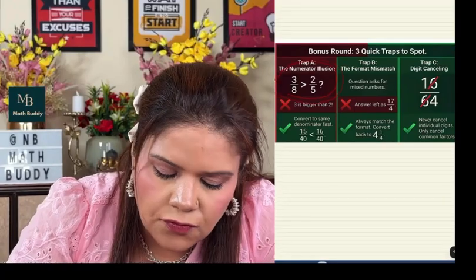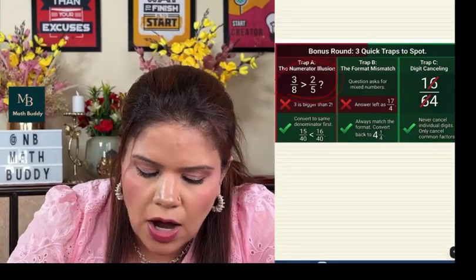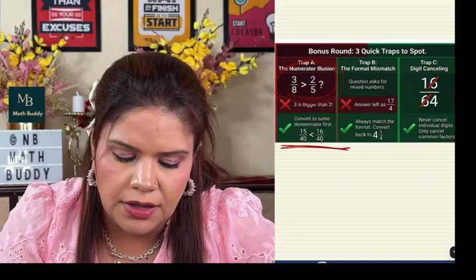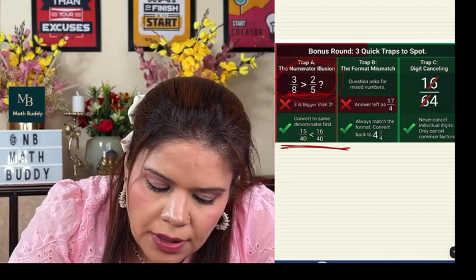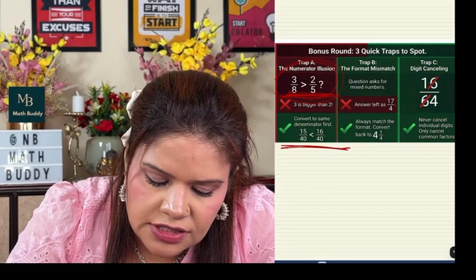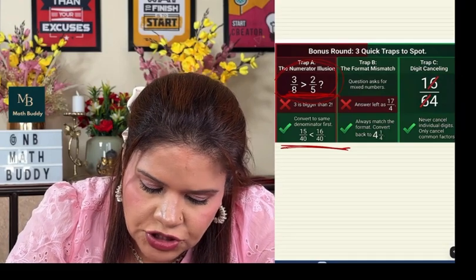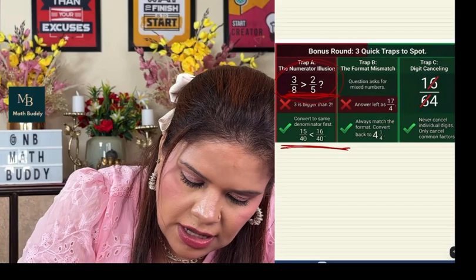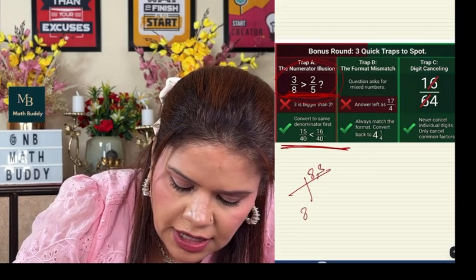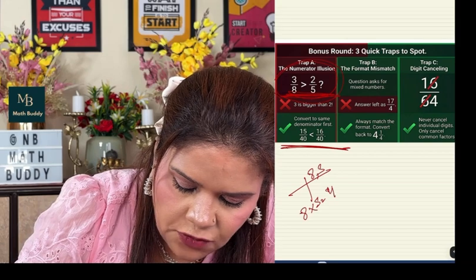Find the greater of the two, but first you have to find the LCM, and only then can you compare. You need a common base to compare. When you change them to a common base, suppose they are 8 and 5, that gives 8 into 5 as the LCM, which is 40.